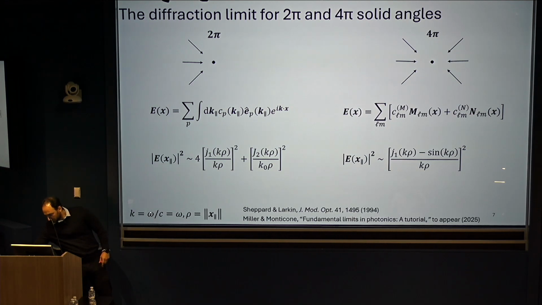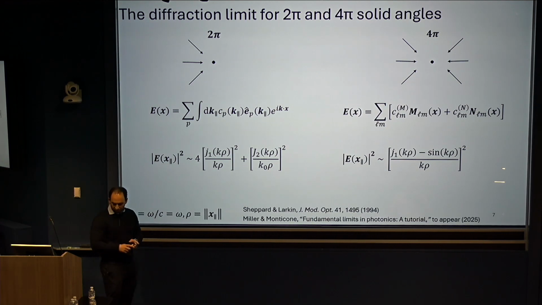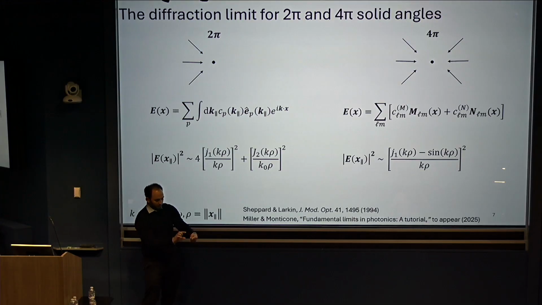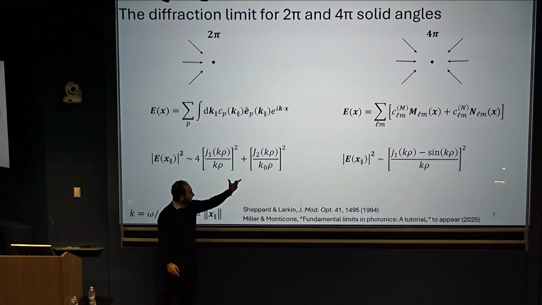This is maybe not entirely understood by everyone. Aspects of it are known. When you excite waves from 2 pi aperture and you try to focus light to a point, you have to break the symmetry to maximize the polarization in one direction. And so what happens as you excite these plane waves from all directions is you start forming a donut beam for the polarization in plane. And what also happens is out pops some electric field polarization in the perpendicular direction that you can't get rid of. And you add those two intensities together, and you get this one.